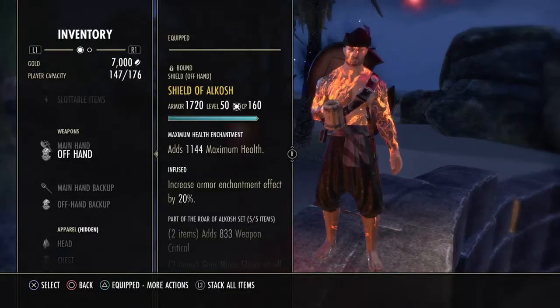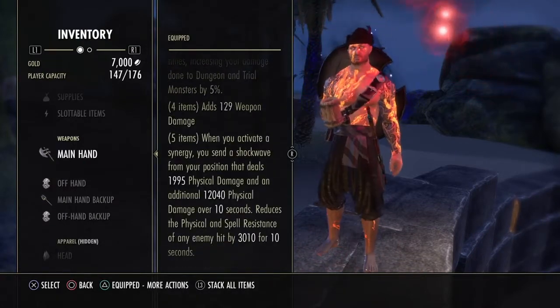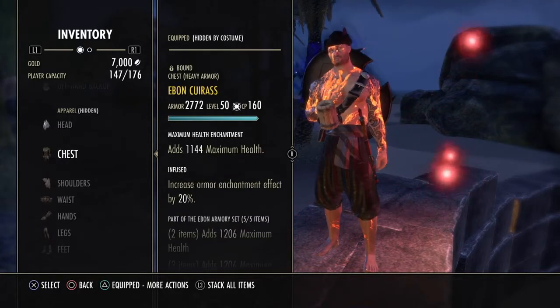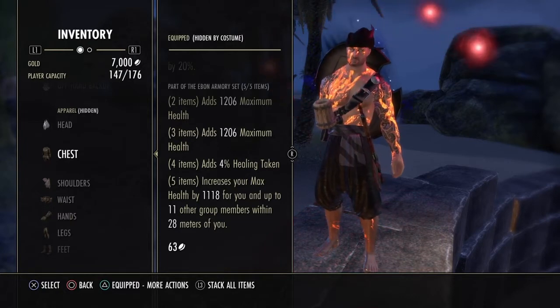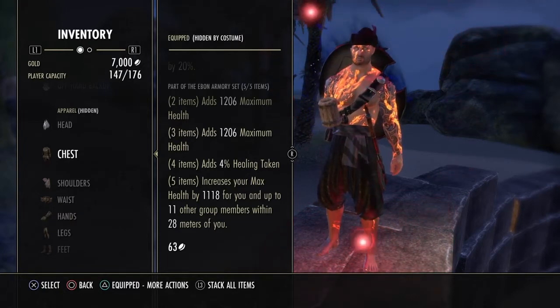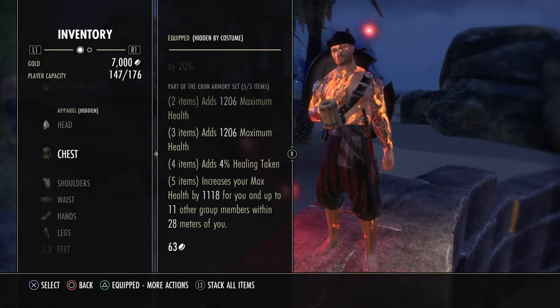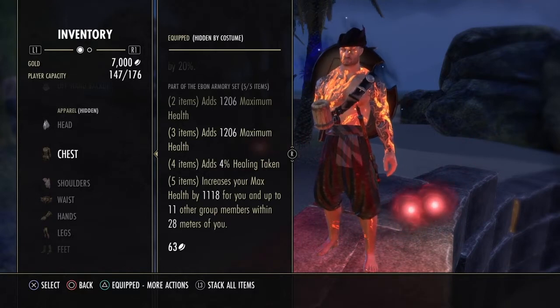Okay, moving on to gear. I'm running 5-piece Alkosh for 3k penetration for the group on any targets that I've used Synergy on. I'm running 5-piece Evan, which gives another 1000 health to anyone I'm near, which will help group survivability, seeing as the main tank is more often than not next to the group, holding the main boss, while the off tank can be asked to run away with an add, such as the Gargoyles in HotR, or